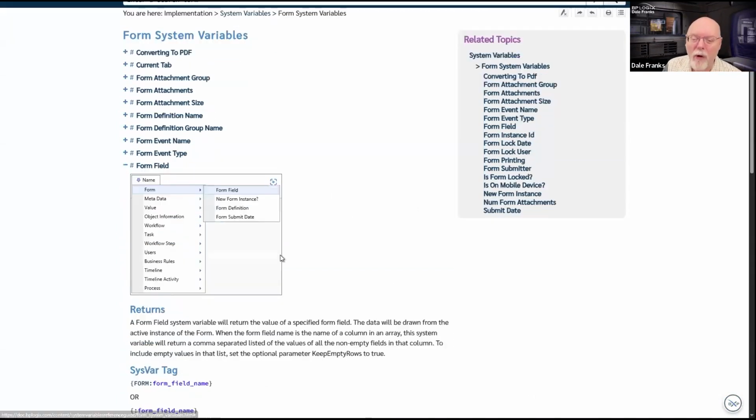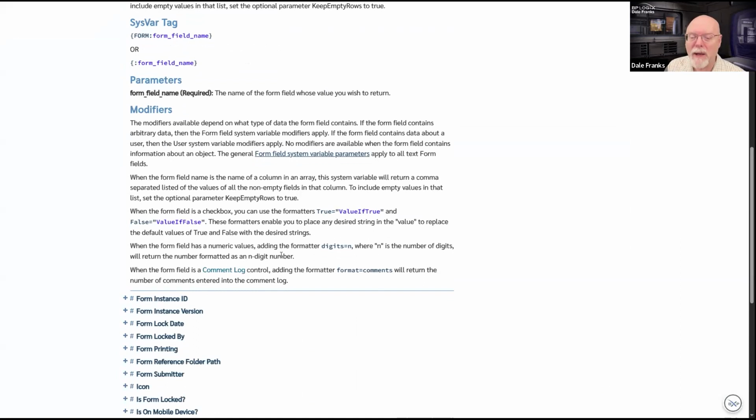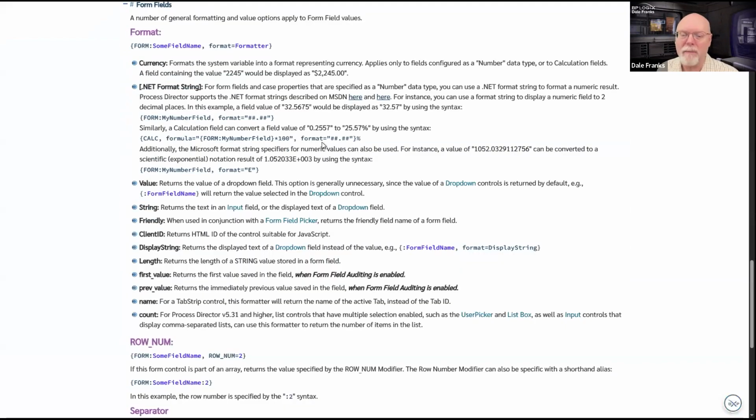So for a form field, especially if it's going to be a drop-down field, and it's maybe not here, maybe over here. This is an important formatter, although it only applies to really one type of control, list controls.